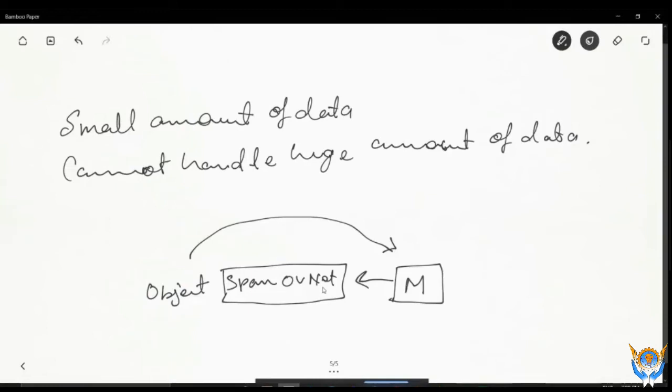So basically, you manually feed your most important features to your machine learning algorithm. Okay, so you feed your most important features to your machine learning model manually. So this is called a feature extraction kind of thing.